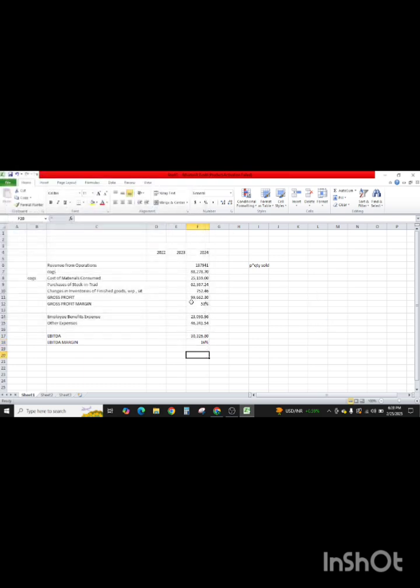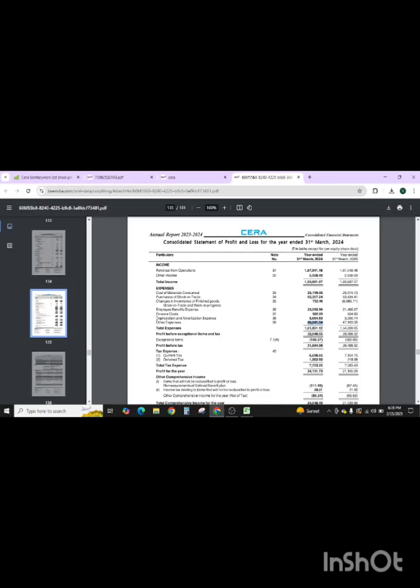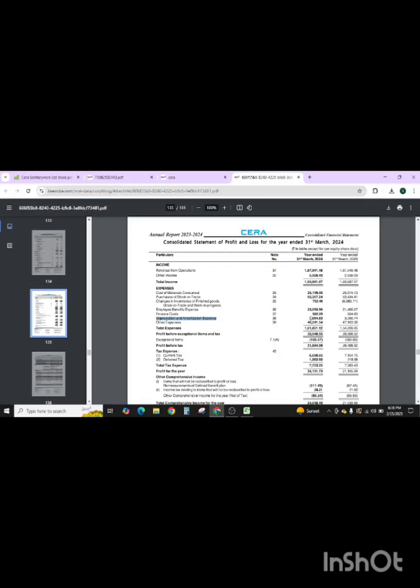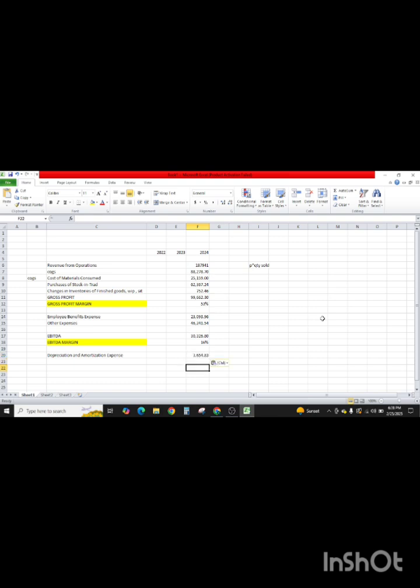एबिटा मार्जिन हो गया 16% एक कंपनी का। अब दो मार्जिन हो गए जो अपने को कैलकुलेट करने थे, ग्रॉस प्रॉफिट मार्जिन और एक हो गया एबिटा मार्जिन। अब निकालेंगे एबिट मार्जिन, लेकिन एबिट मार्जिन होता है अर्निंग बिफोर इंटरेस्ट एंड टैक्स, और एबिटा होता है अर्निंग बिफोर इंटरेस्ट एंड टैक्स एंड डेप्रिसिएशन एंड अमोटाइजेशन। तो इसमें से डेप्रिसिएशन एंड अमोटाइजेशन वो भी निकाल देंगे। तो ये रहा डेप्रिसिएशन अमोटाइजेशन एक्सपेंस, तो ये भी अभी सब्ट्रैक्ट कर देंगे ताकि अपने पास आ जाए एबिट मार्जिन। तो ये आ गया एबिट मार्जिन।